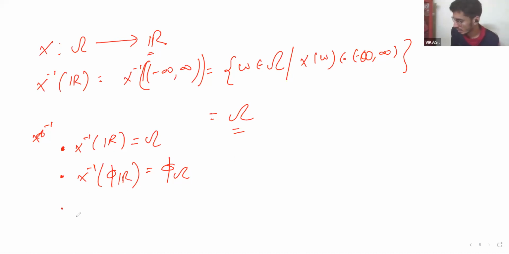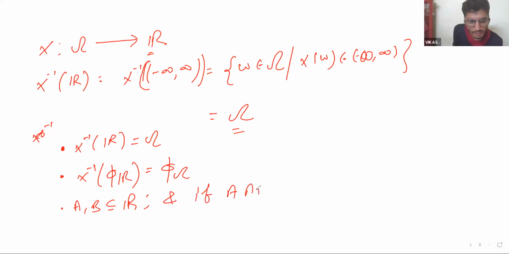You have to verify from your end that if A and B are subsets of R, and if A intersection B is phi, then X inverse of A intersection B, the inverse image of the intersection, is this.